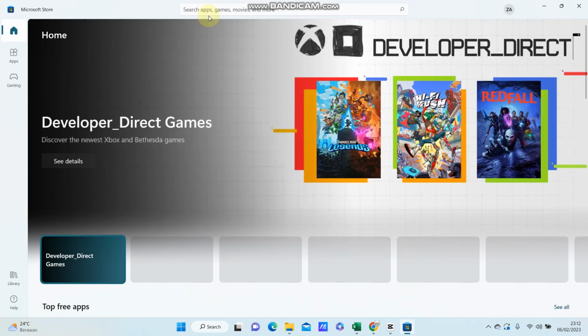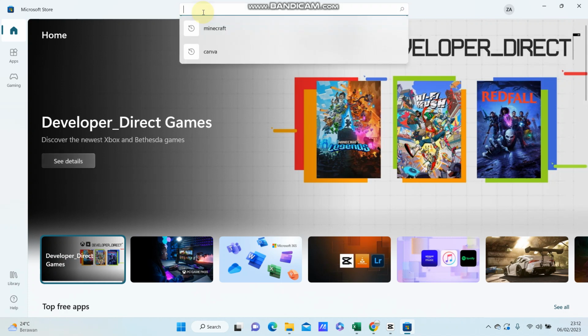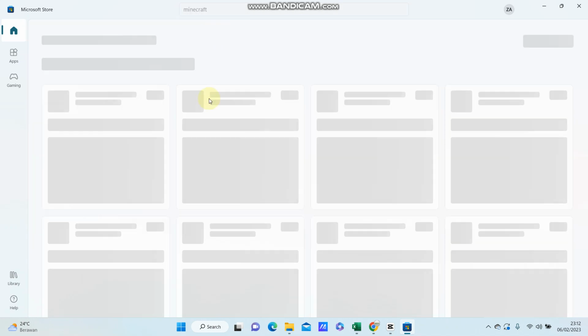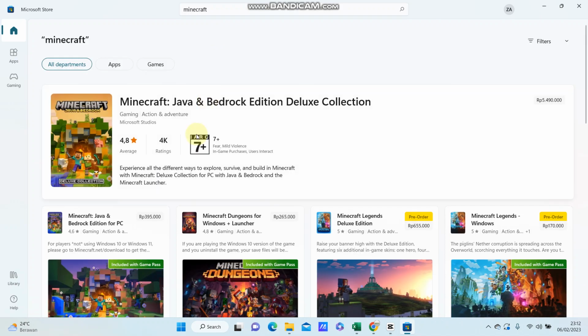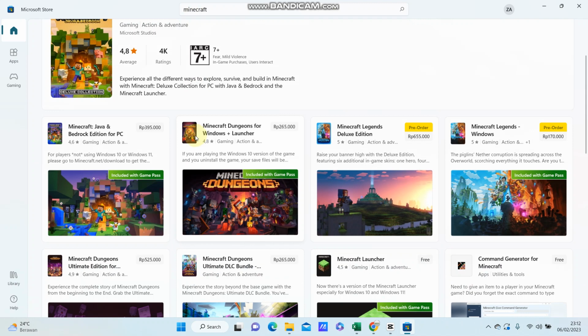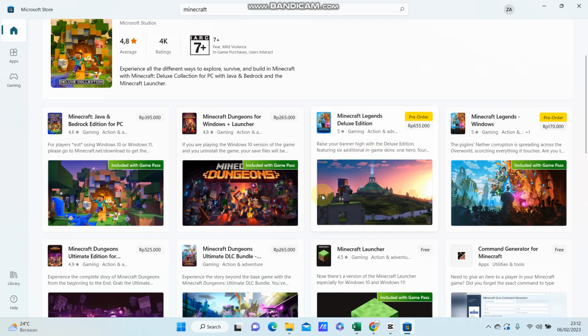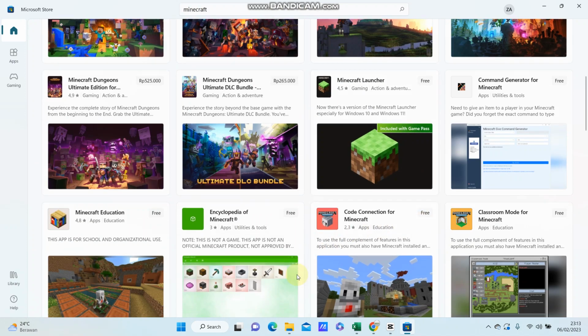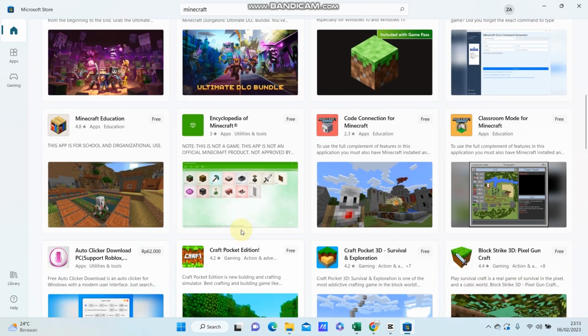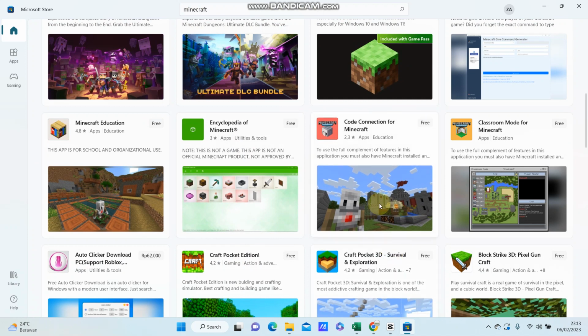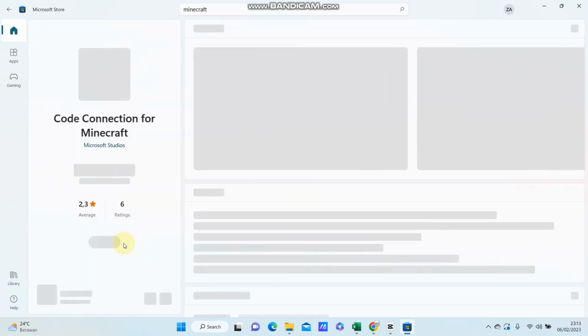And you are just going to tap on search bar, just type for Minecraft and so lot of option for Minecraft here. You can select for the paid version or free version. It's a lot of option for Minecraft here, and I don't really understand. So select this one and